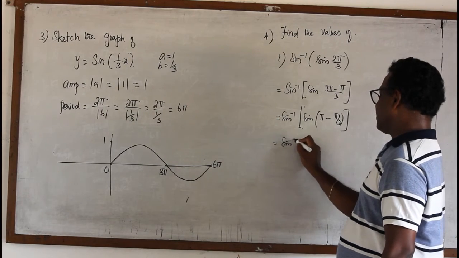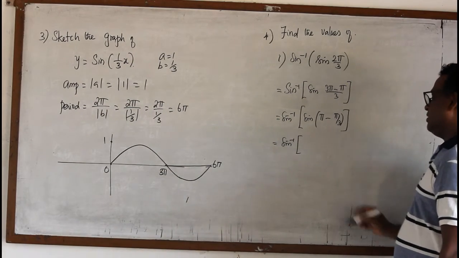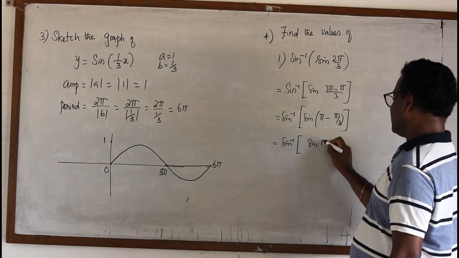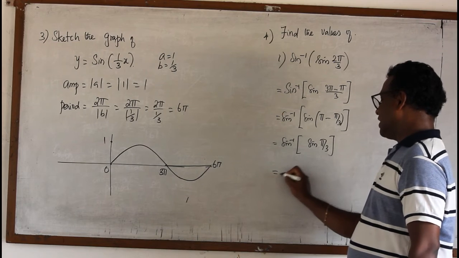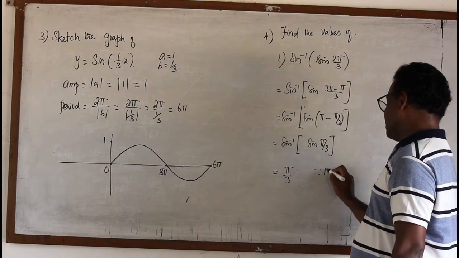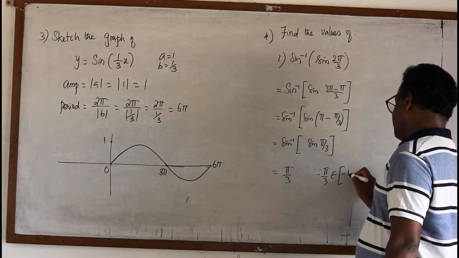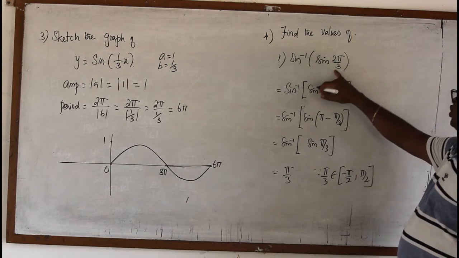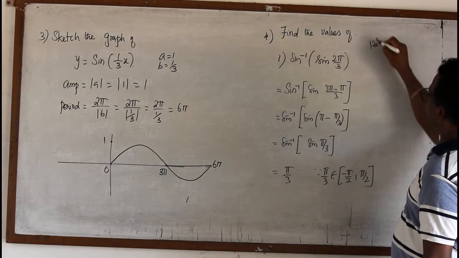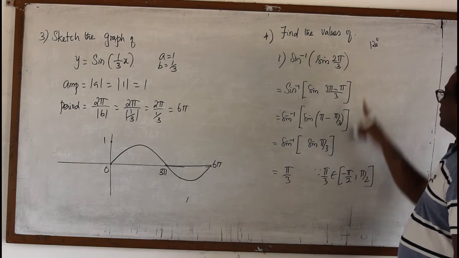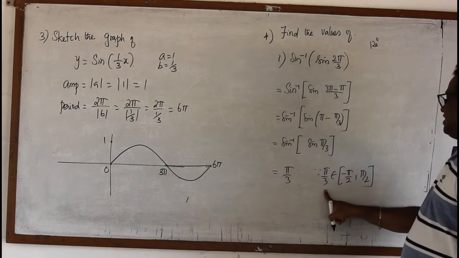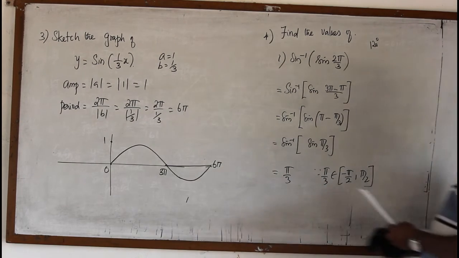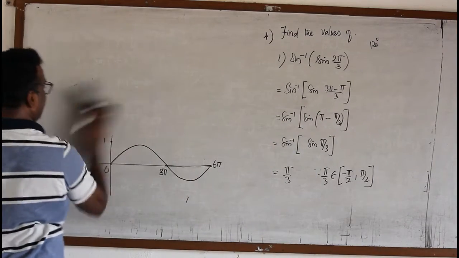Now, 180 minus theta, sine, no change, but it is the second quadrant, so it is positive, so it is sine pi by 3. Now I can cancel, it is pi by 3 because pi by 3 belongs to minus pi by 2 to plus pi by 2. So can you understand? It is 2 pi by 3 means it is 120 degree. 120 degree will not lie in this interval, so I must simplify, then only it can be cancelled. Now see it is pi by 3, which is belonging to minus 90 to plus 90. Second problem under 4.